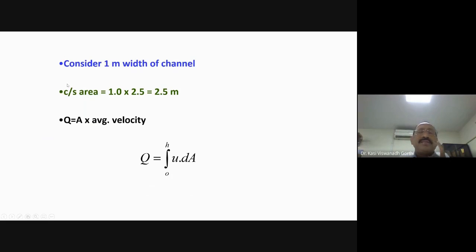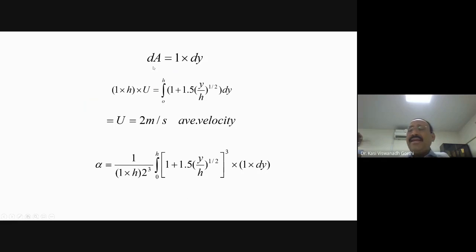So you need to take 1 meter, unit width of the channel, then the cross section area is 1 into 2.5, and the average velocity will be integral of u into dA. Integral of u into dA is the discharge, and dA is the area of the elementary strip. Per unit width, it is 1 into dy. Substituting that, 1 into h into U, based on the average velocity, would be equal to integral of 1 plus 1.5 into y by h whole to the power half into dy, based on the actual velocity distribution. So equating both, you get the average velocity or mean velocity to be equal to 2